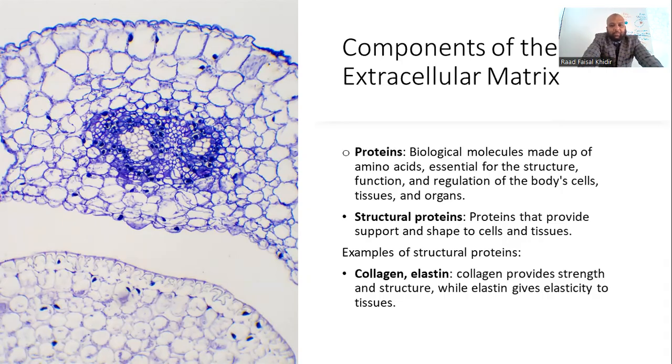Obviously, we have proteins, and these are biological molecules made up of amino acids. We went through them with the alpha carbon and these four terminals. And the proteins are essential for the structure, function, and regulation of the body cells, tissues, and organs. Structural proteins are proteins that provide support and shape to the cells and the tissues. Examples of structural proteins are collagen and keratin. For example, we said keratin is very important for the hair and for the nails, while collagen is important for